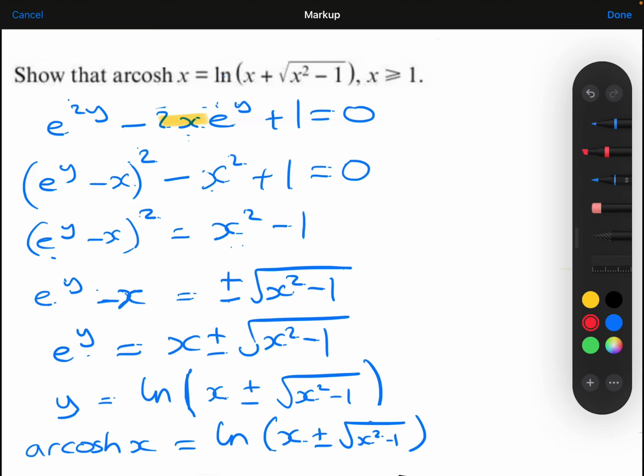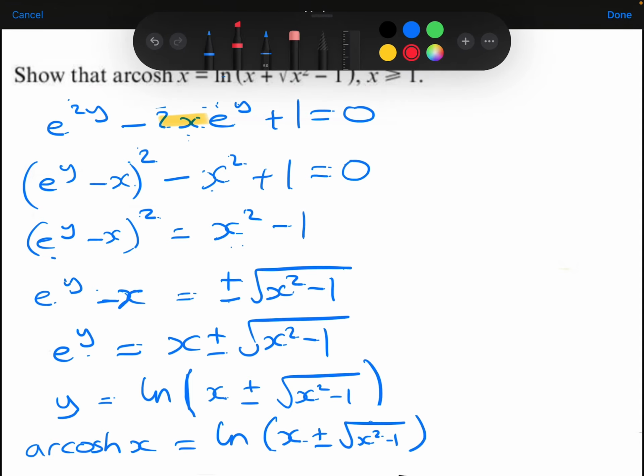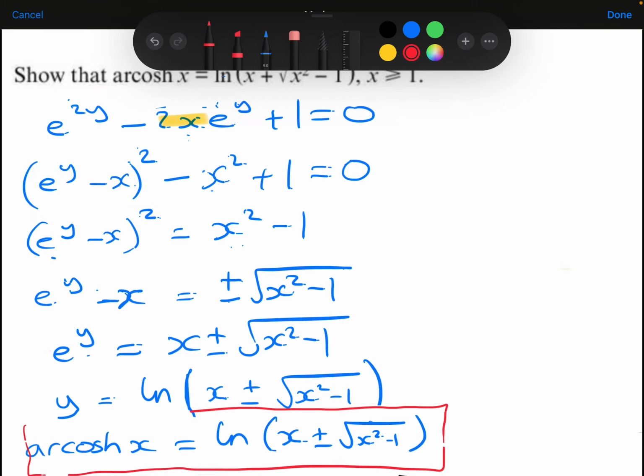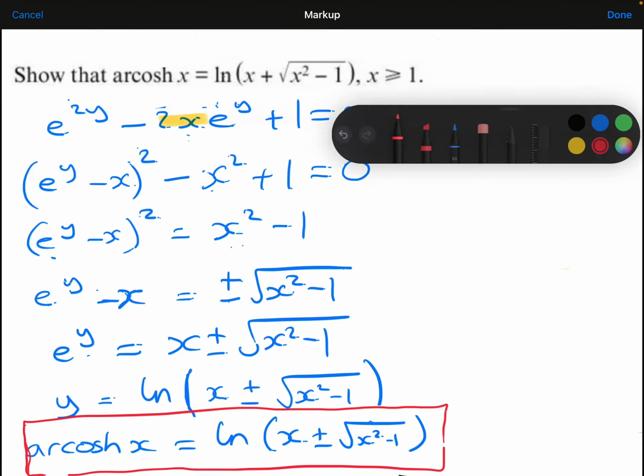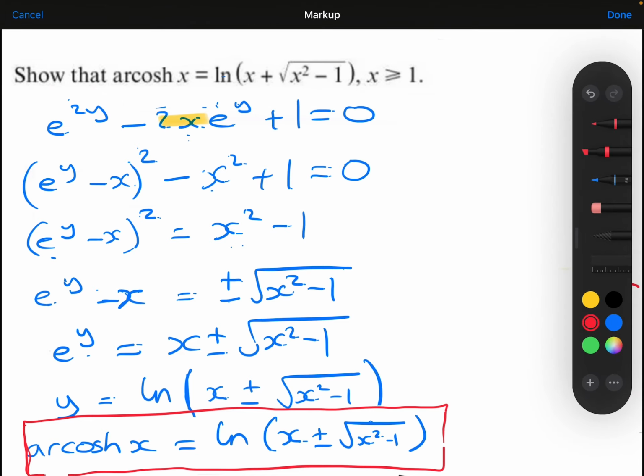Let me just put what I've done there in a box, just to make it stand out, and we can compare this to what I was asked to prove. So I was asked to prove this. Notice that I have got a minus where I shouldn't have, and it's not because of the same reason as before. The reason why this minus shouldn't be there